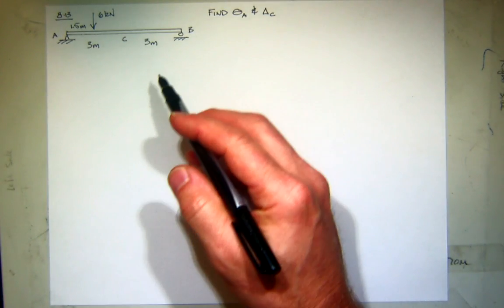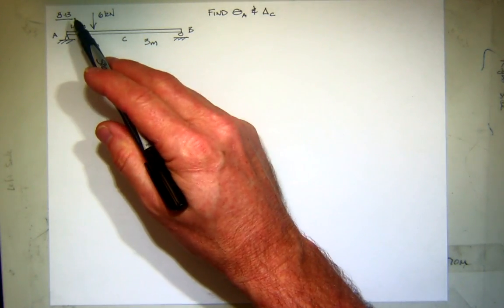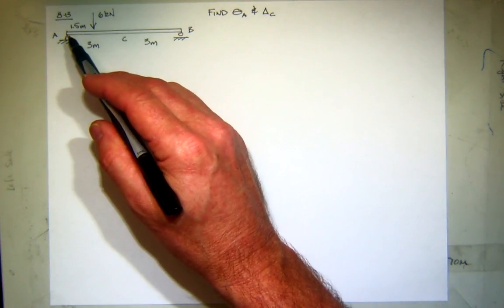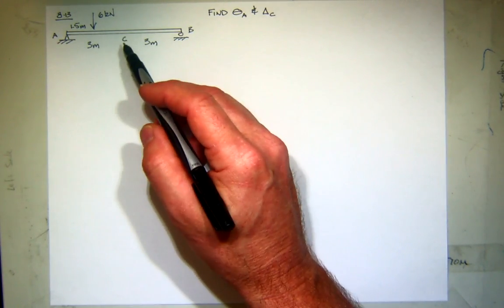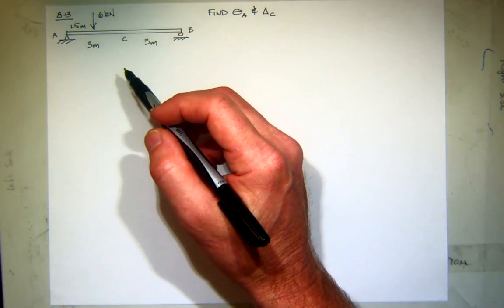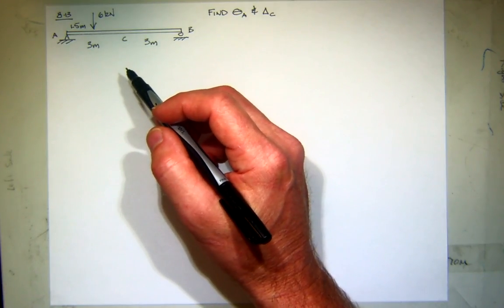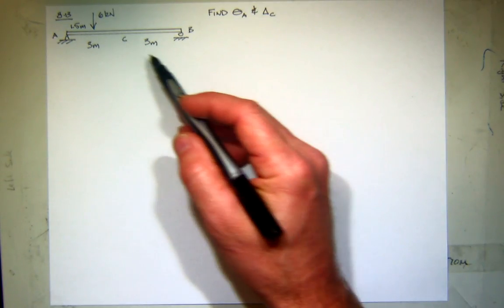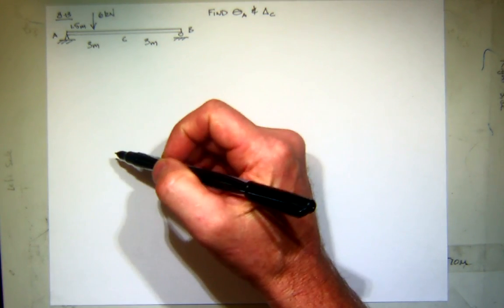Okay, so let's work this problem. This is 8-13 out of the book. I'm going to find the slope at A, that's here at this pin connector, and the displacement in the center at C. So we're going to use conjugate beam, right? Is that what we're doing? Yeah, conjugate beam. So the first thing I need to do is solve for this structure and find the moment,